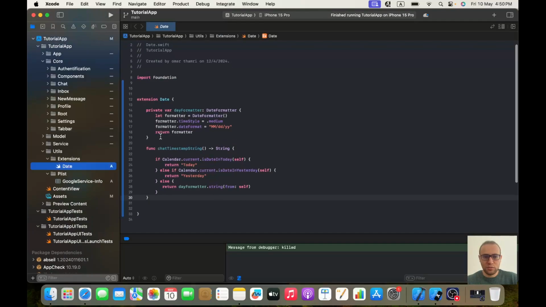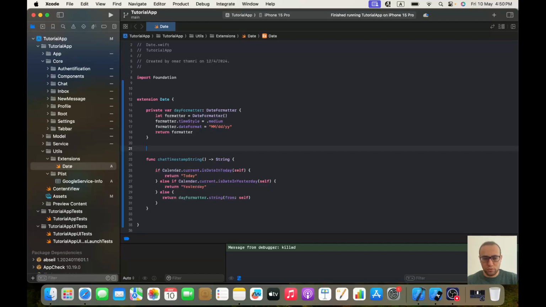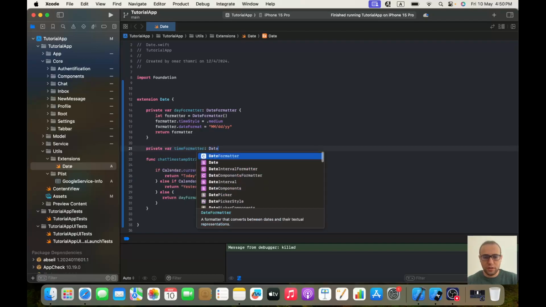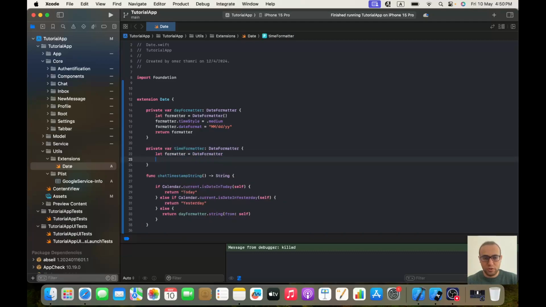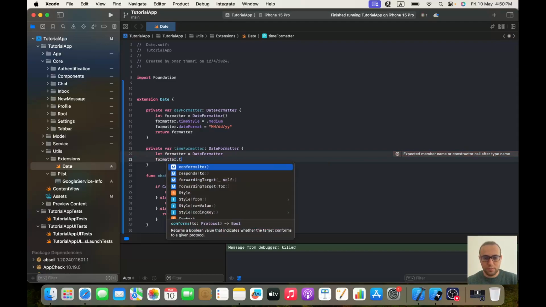date extension, and we will need a time formatter. Okay, so first thing, we will add a private var timeFormatter. It will be of type DateFormatter, and it will be let formatter equal DateFormatter. The timestamp will be short, so formatter dot timeStyle